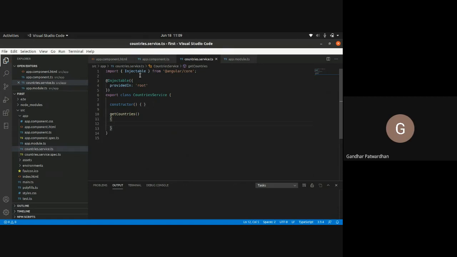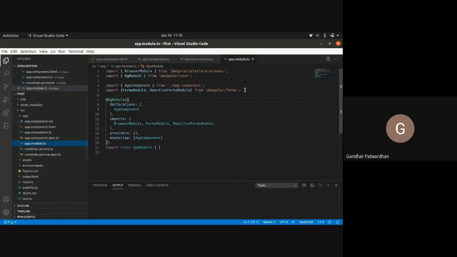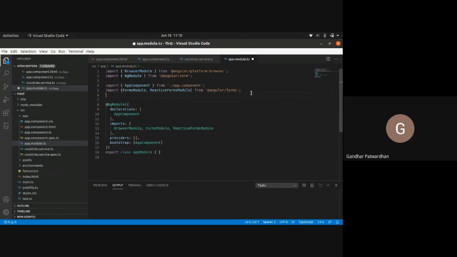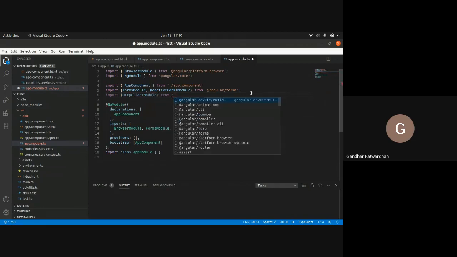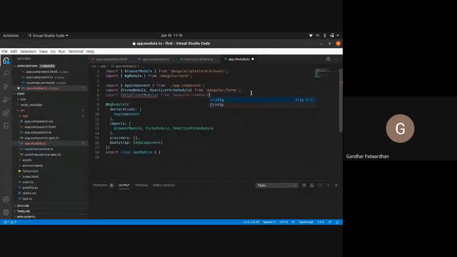To do that, we require a module to talk to the external server. So I would import HttpClientModule from @angular/common/http, and I'll add this module in our imports array.